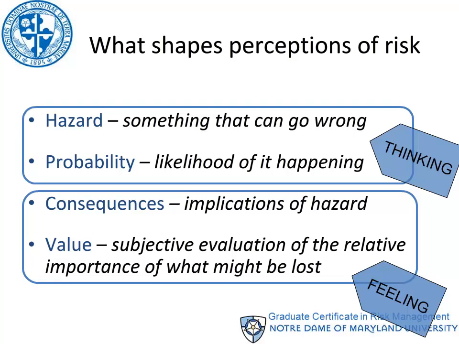Risk perception factors involve both thinking and feelings. Thinking or logic focuses on the hazard, the danger, and also on the probability. That would be the likelihood or chance of it occurring. Feelings involve fear, anger, and other emotions that are evoked when considering potential consequences and the value of what may